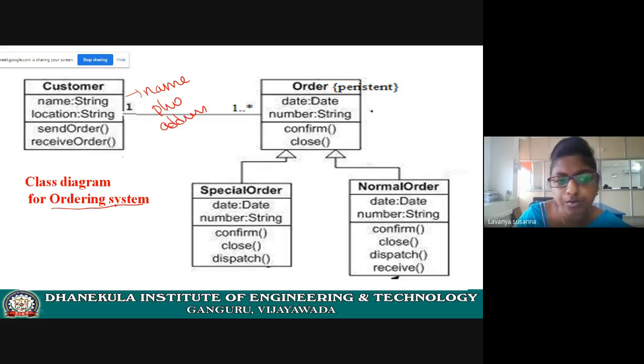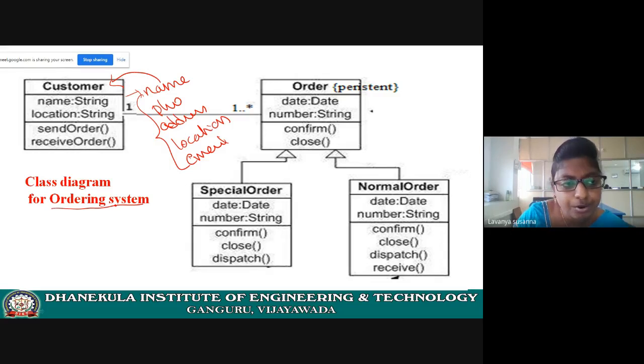Just write on your own. Customer will have a name, phone number, address, location, email ID, all these things. All these things are attributes which will describe the customer, right? So identify those attributes.